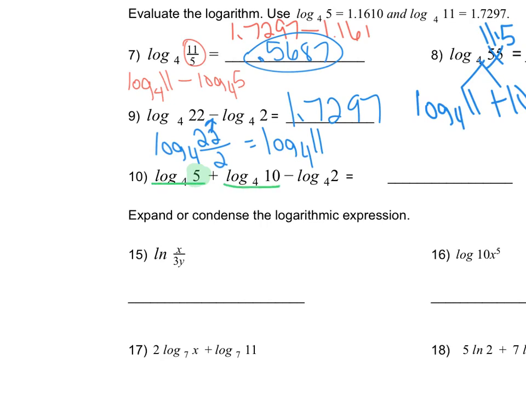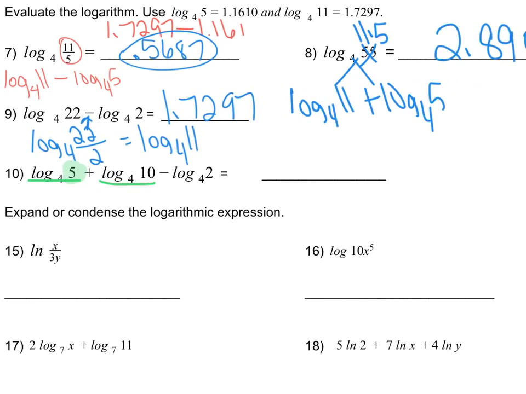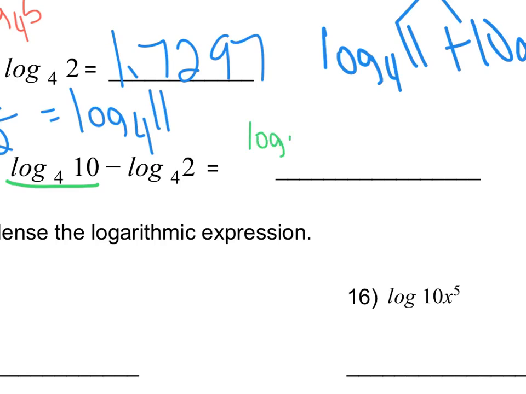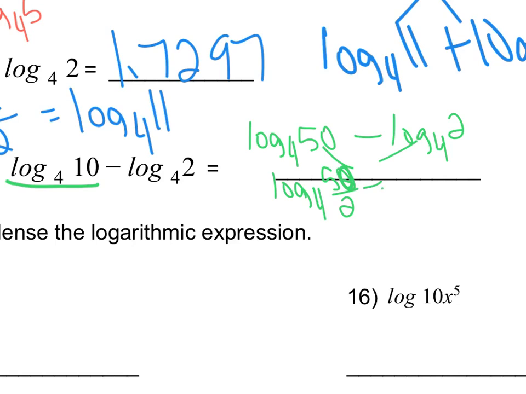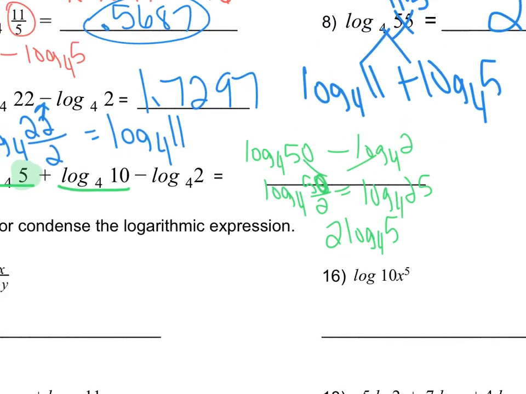So if we are going to condense log base 4 of 5 plus log base 4 of 10, we would get 5 times 10 is 50. So we would have log base 4 of 50 minus log base 4 of 2. Now if we condense it back together a little bit more, we would have log base 4 of 50 divided by 2, which is just log base 4 of 25. 25 can be written as 5 squared, which is just 2 times the log base 4 of 5. Because remember, with that 5 squared, we take that exponent and move it out to the front. So we're just going to double